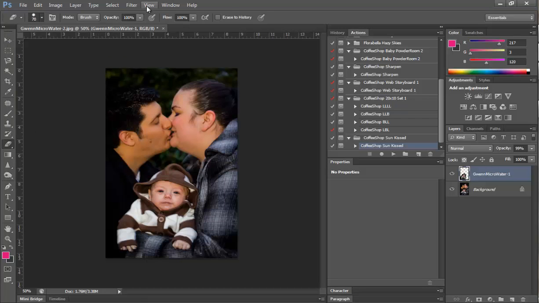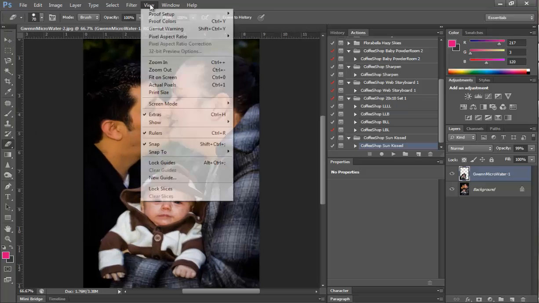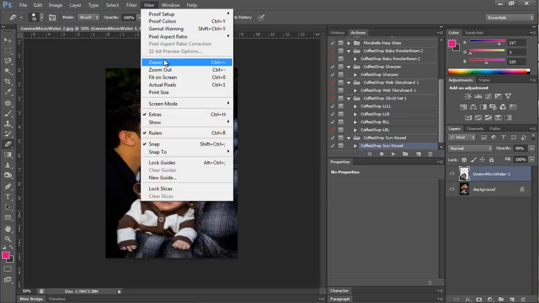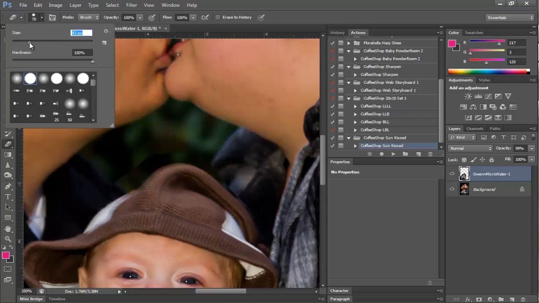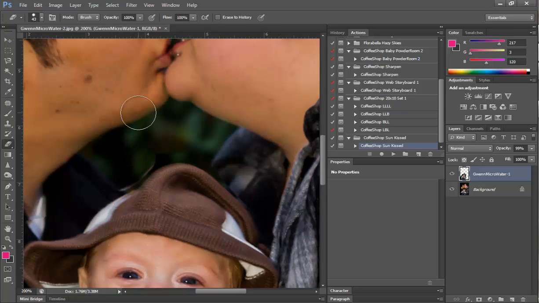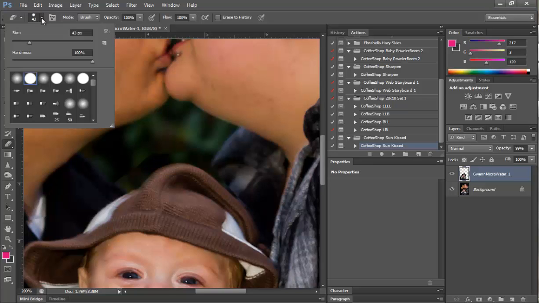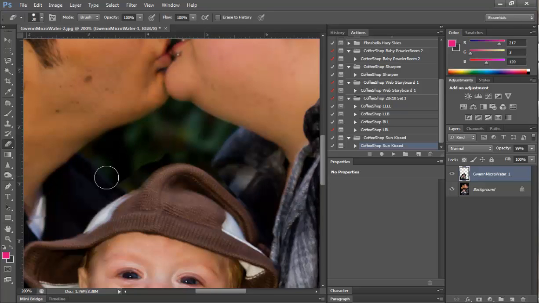And then I'm going to zoom in here and drop down the brush size a little bit more. Then I'm just going to get in here really close. Now you can see right here that I've got some of it shining through, so I'm going to back up a little bit more. I'm just going to fit in here. Whenever I see it start shining through, I just back up,